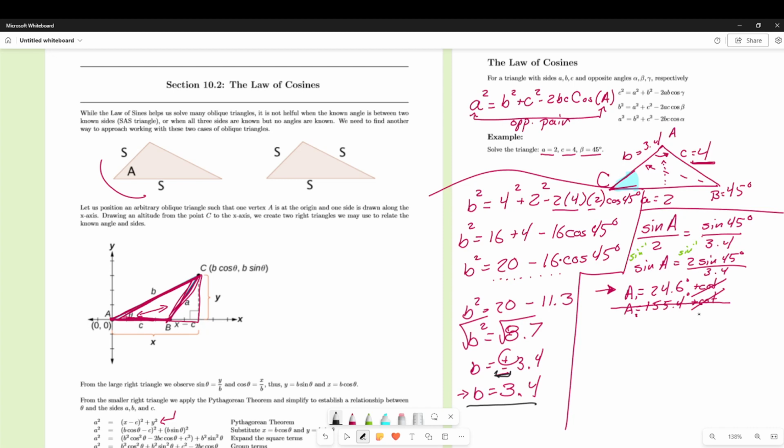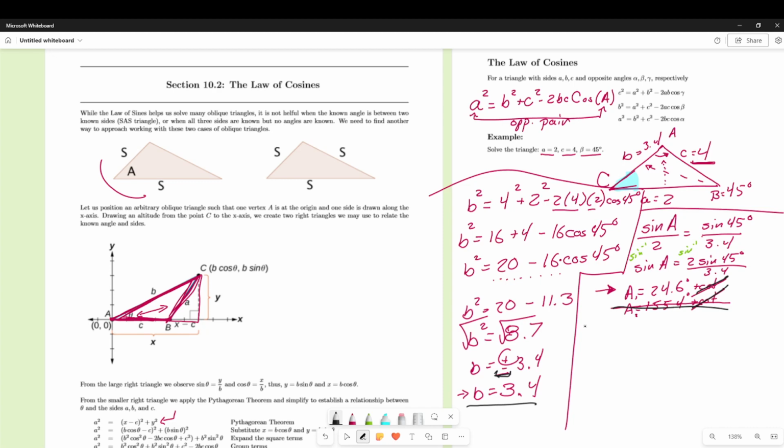That happens automatically whether we write them down or not. And we reject, in this case, the coterminals because we're looking at triangles. And we reject the obtuse angle because we know we have to be acute. But that doesn't stop it from, when we did the sine inverse, we get two sets of answers. Fair? So try to be disciplined about that, and you'll run into less problems with